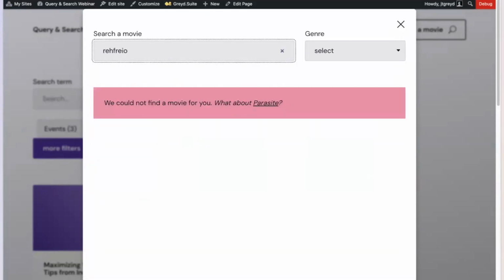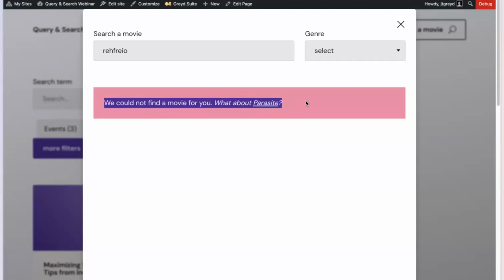And what you have seen in here as well is this little message. And this looks really customized to this page. It's actually customized to this page because it says, okay, we could not find a movie for you. What about Parasite, this movie I suggest to you? So this is actually a functionality that the core offered for a while and we now properly support. So this is a reason as well why we did all this. We actually refactored the entire functionality that we enhance about the query loop and support most or all of the block capabilities that the core offers to you.